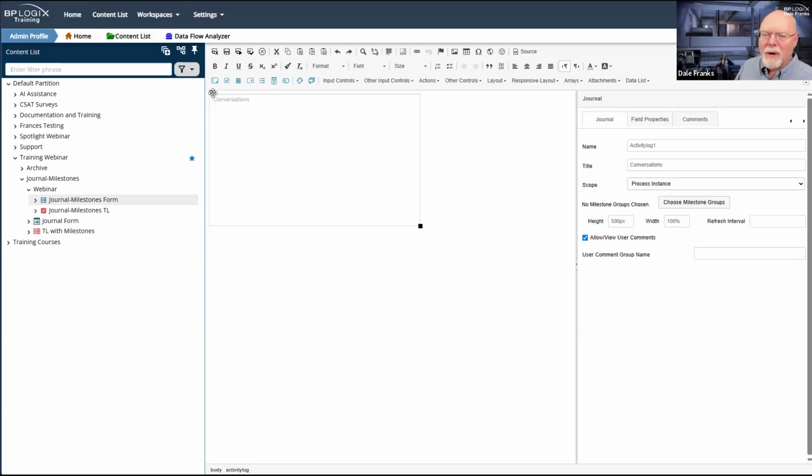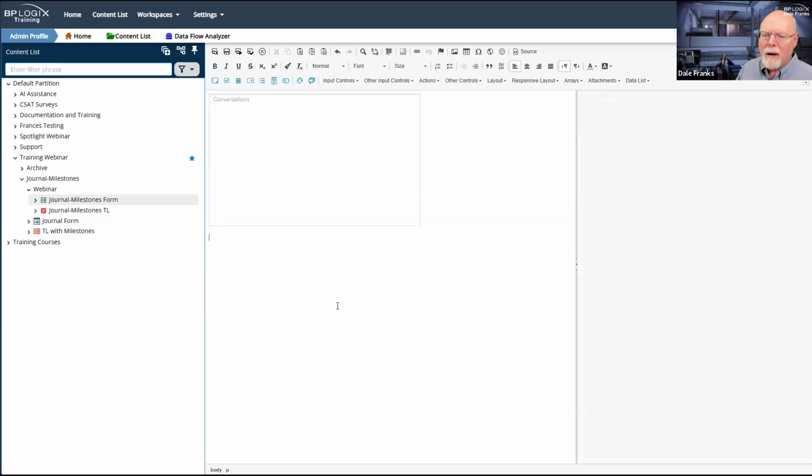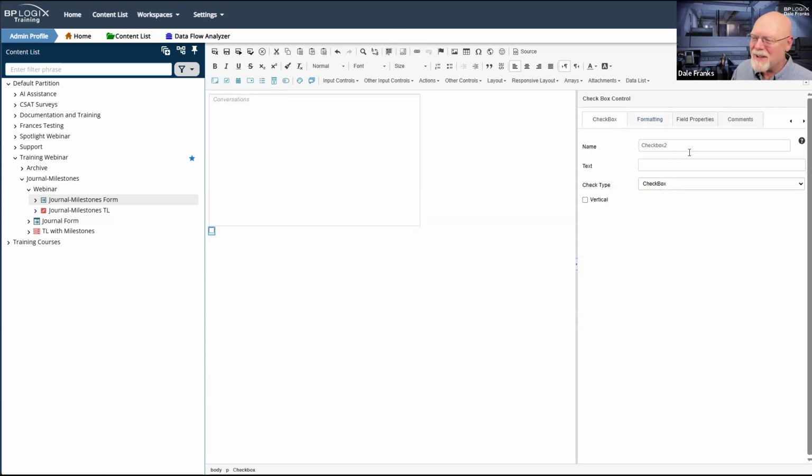Okay, what's going on here? There we go. Finally got my cursor. That was what I was looking for. My cursor was lost somewhere. I'm going to throw a checkbox here, and I'm just going to give it the text, make form editable.